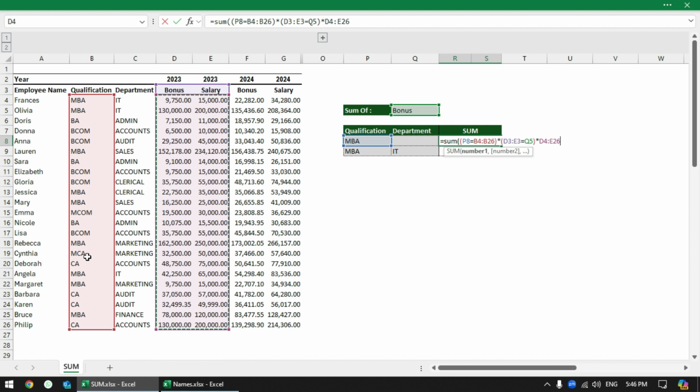So basically we are multiplying this comparison with these numbers, and finally close the bracket for sum,